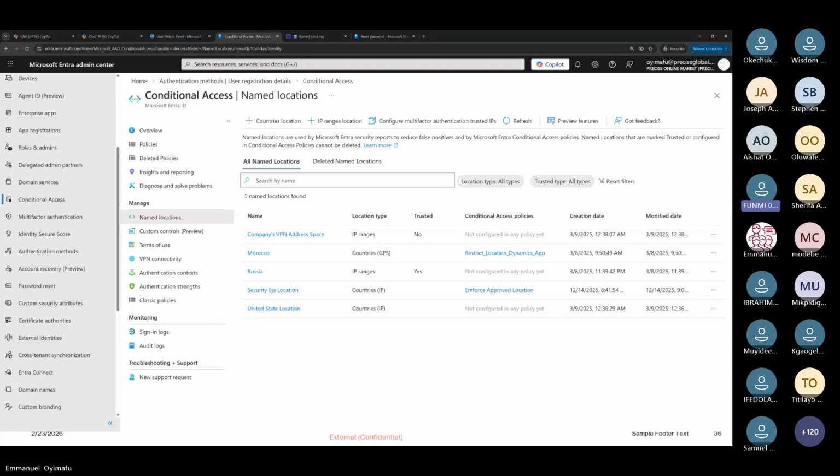How do you unblock yourself, or can you unblock yourself? Okay. So most times, from the user perspective, they won't be able to unblock themselves. I've experienced something like this. Someone in my organization had this issue. We allowed some locations, and this person is currently in our allowed location, but when he tries to sign in, he is blocked. He's not allowed to sign in.